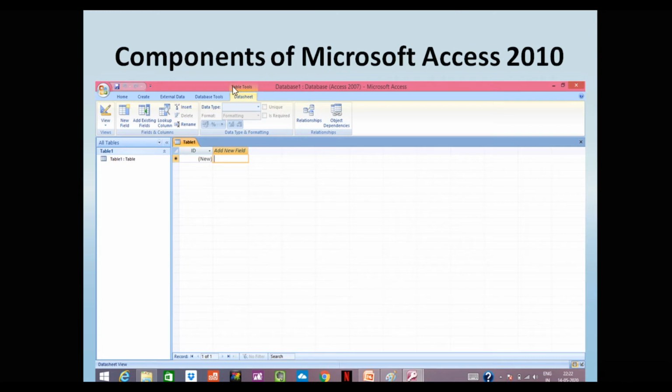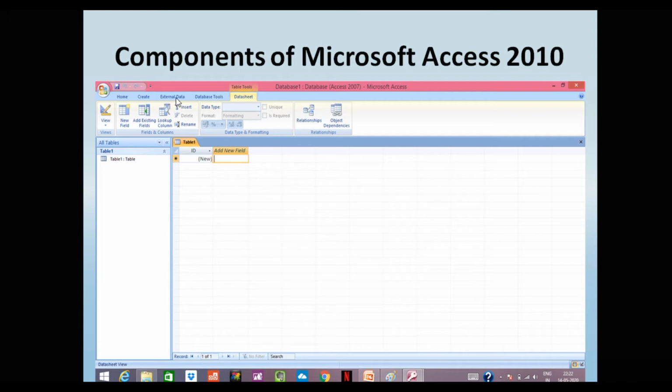Similarly, home option, create option, external data, database tools and datasheet option is present there. This is known as the file tab. This tab where home, create, external data, database tools, datasheet are there, this is known as the file tab. Now we have talked about, this is known as title bar, this is quick access toolbar, this is Microsoft Office button, and this is our file tab.